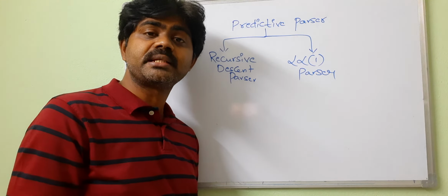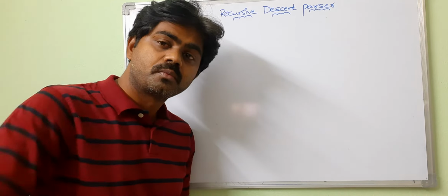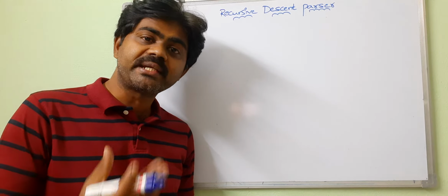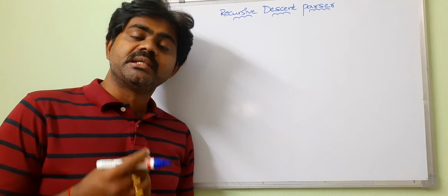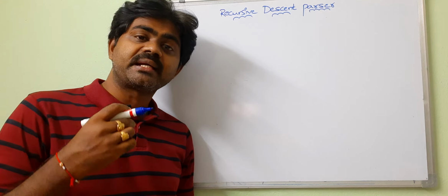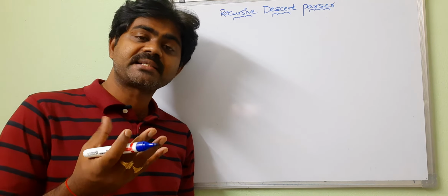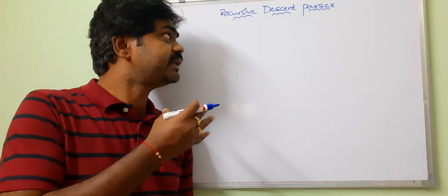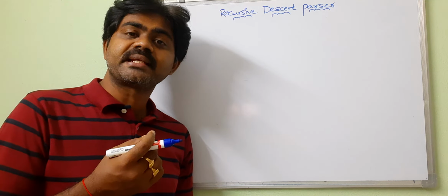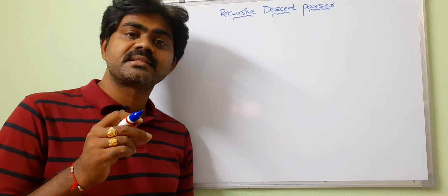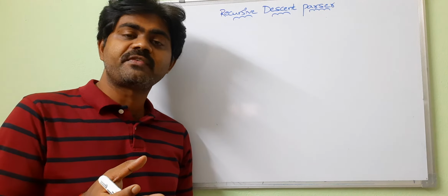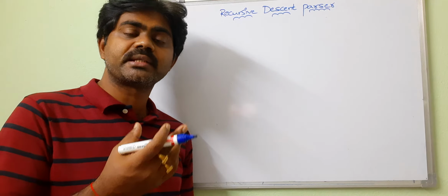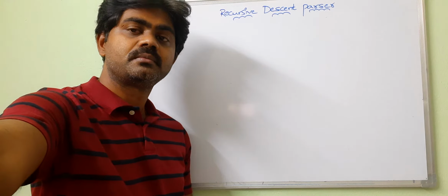So what is recursive descent parser? A parser that uses a collection of recursive routines to parse the given input string. A parser that uses recursive routines to scan our input and to get our final output. So this is recursive descent parser. We have some rules to be followed in a recursive descent parser, so we'll see what steps are to be followed so that we can solve our problem.